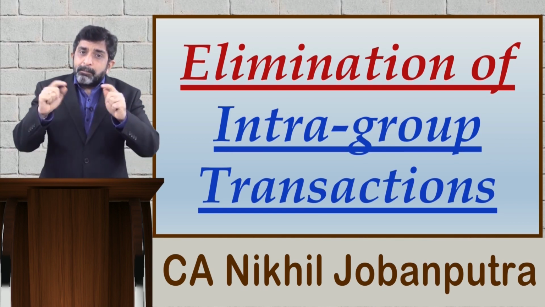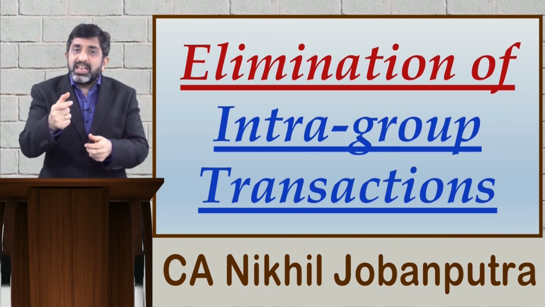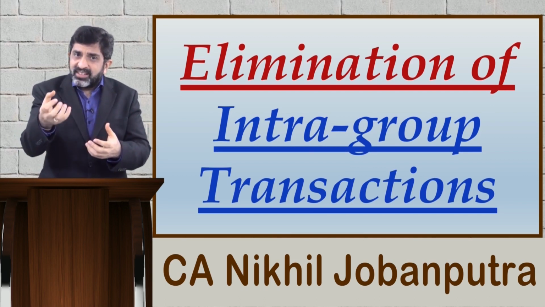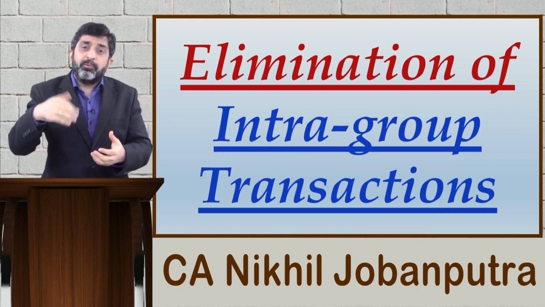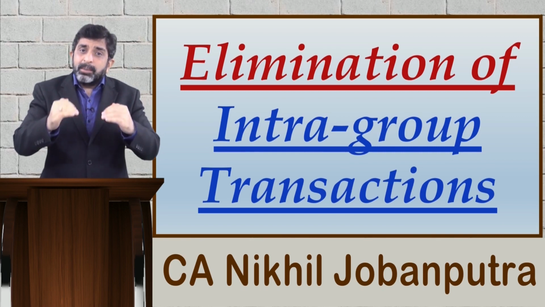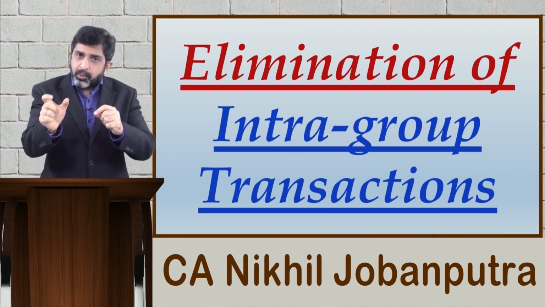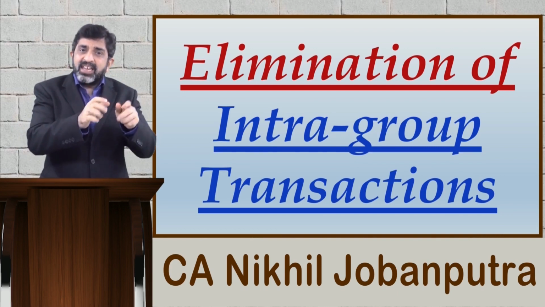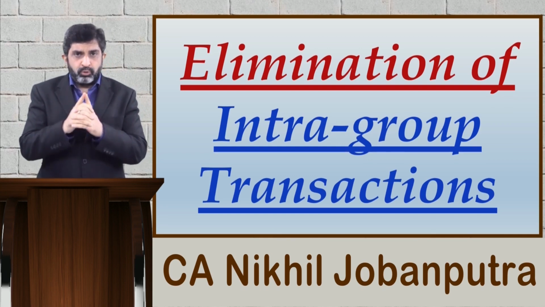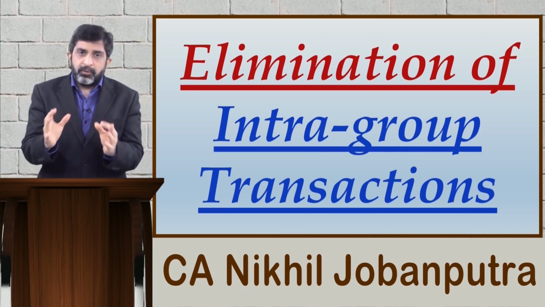In other words, the impact on the consolidated P&L will be only to the extent of the percentage owned. For example, if the parent company is holding 80% shares in the subsidiary and the subsidiary's profit is getting eliminated, then 80% of that profit reduction will affect the parent company in its consolidated profit and loss statement, and 20% of that profit reduction will affect the NCI because the value of NCI or non-controlling interest will be reduced by that amount. Now friends, this was about cases of unrealized profit.